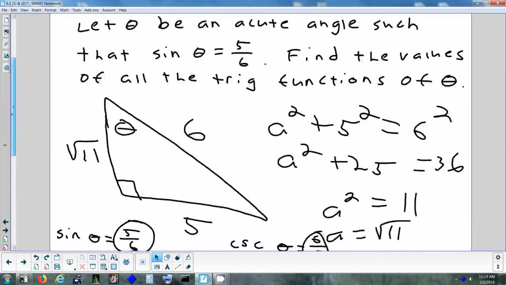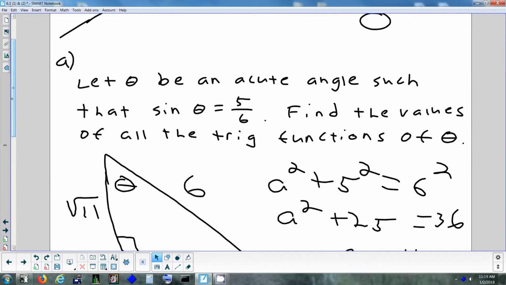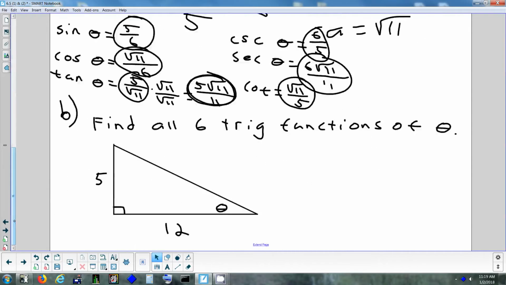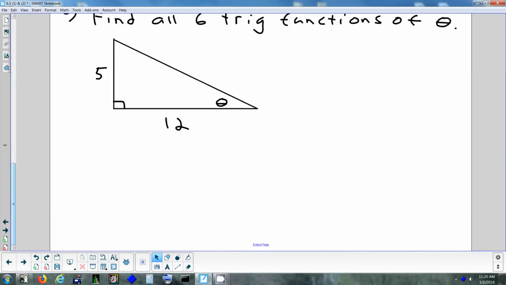Okay, so that's one way they could give you a problem, like that. Second way, they give you a diagram. Without figuring anything else out here, can somebody tell me which trig function do I have enough information to find with just what's right there? Well, I could find the hypotenuse, but without finding it, I know 2 trig functions. I know tangent, and that means I also know the cotangent. So if I want to start with that,